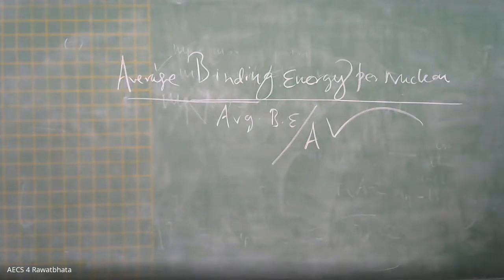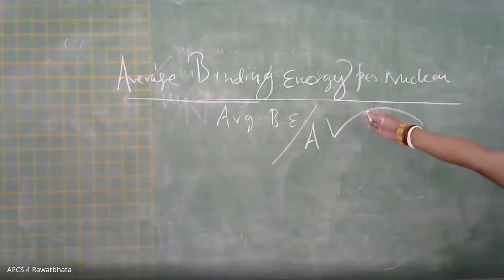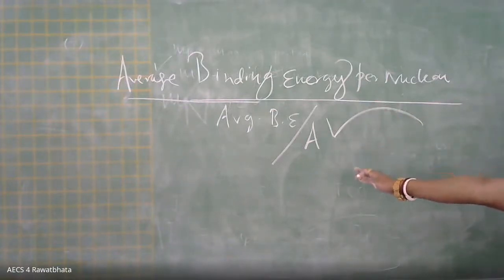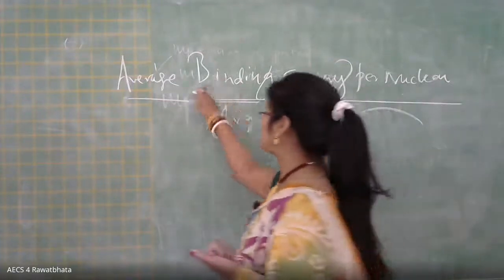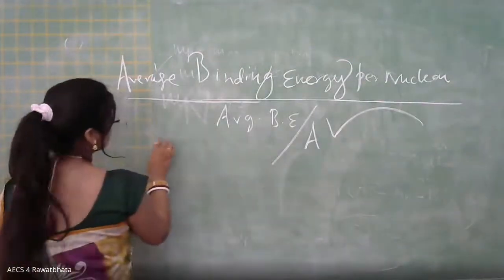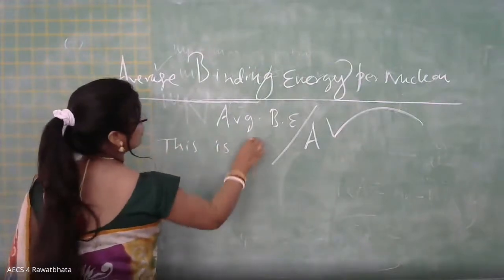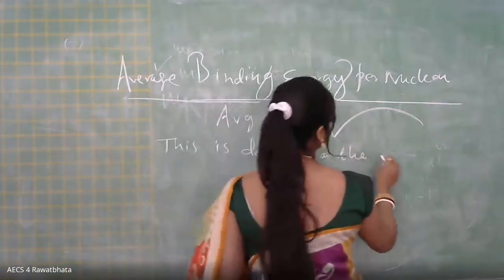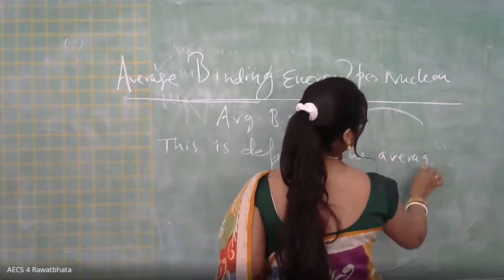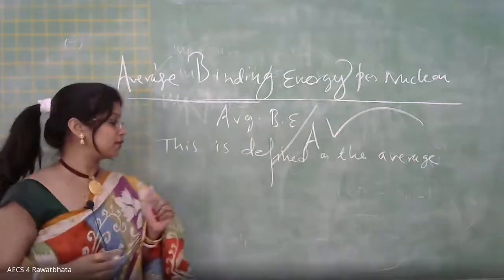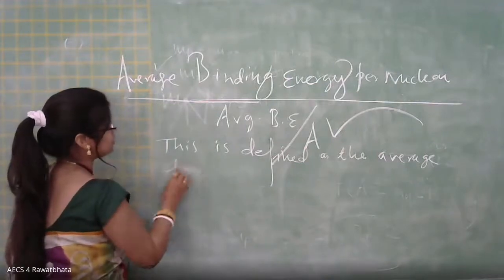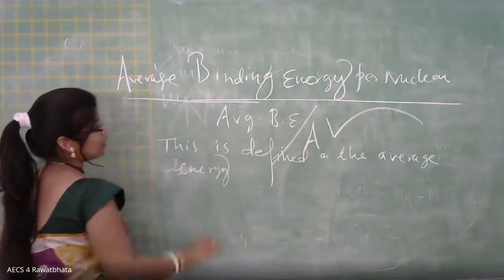This A stands for the mass number, dear. So this part is very, very important. Whatever binding energy you are getting, you have to divide it by the mass number to get the idea. So here you can write down that this is defined as the average binding energy, or simply an average energy. Understood this part? Okay, average energy